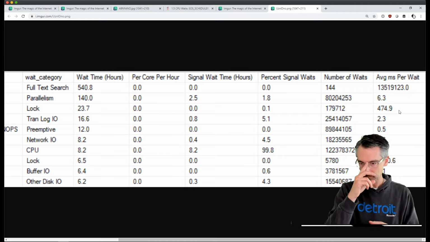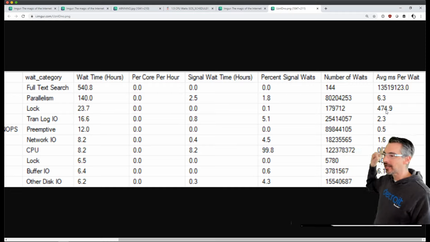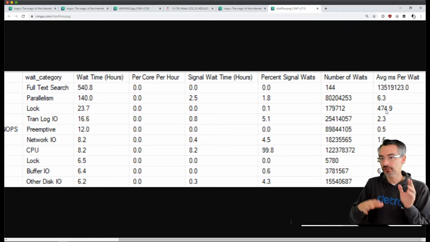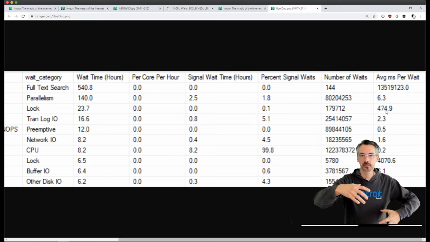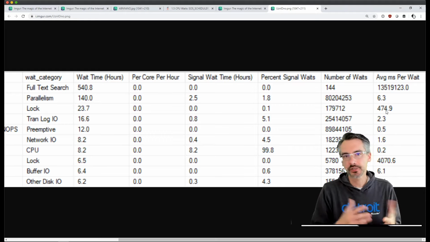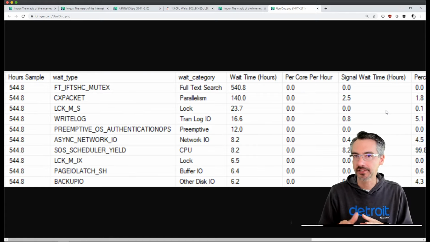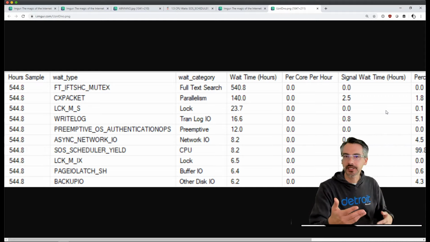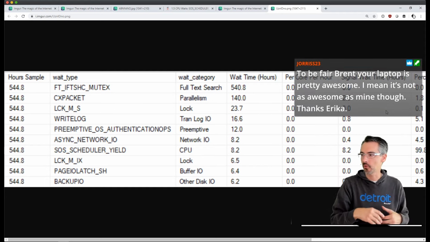So on yours, when your users are waiting for a lock, it's only half a second. It's 474 milliseconds, which is not catastrophic. Sometimes what I see is people have things like Standard Edition and they're rebuilding tables and holding locks on those tables. I don't think that's with yours. I think it's just plain old, good old-fashioned locking, and it's just kind of in the background if it's only half a second. Where I would be worried is if you're a seasonal business that's all of a sudden going to hit the gas in the summer and you're going to have way more workloads.